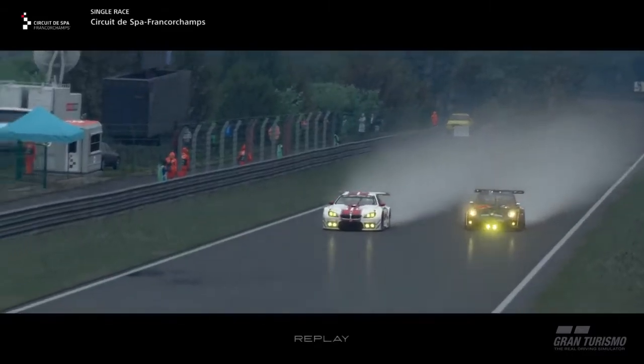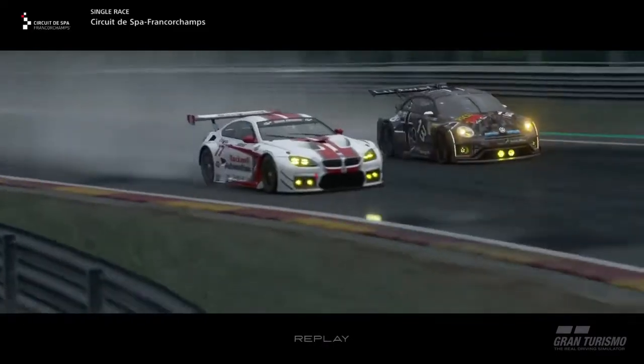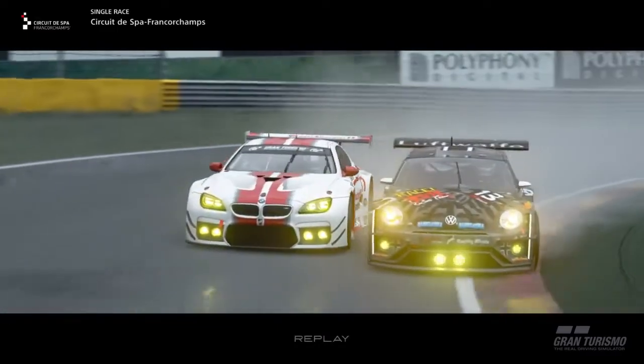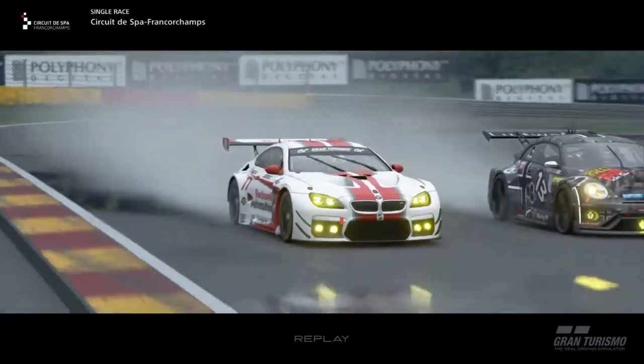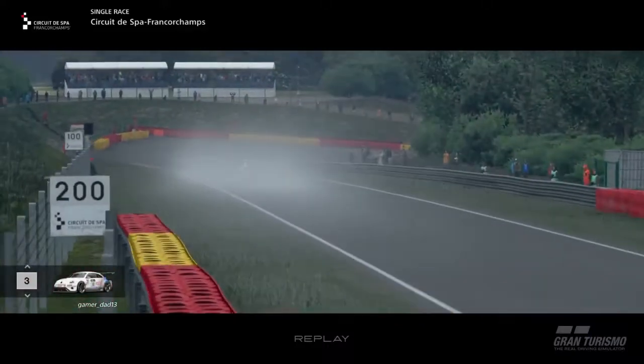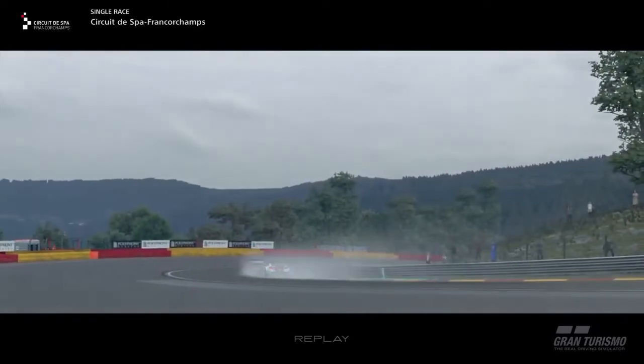You can see he gets a great run on me out of Eau Rouge, and is actually gonna go around the outside here. Like I said, very clean driving. We get very close, but we don't touch. And he's gonna pull off the very difficult move around the outside there. Usually 2 cars can't go through that chicane. But he does it. He does it very well, and actually goes around the outside, holds it through the horseshoe there,